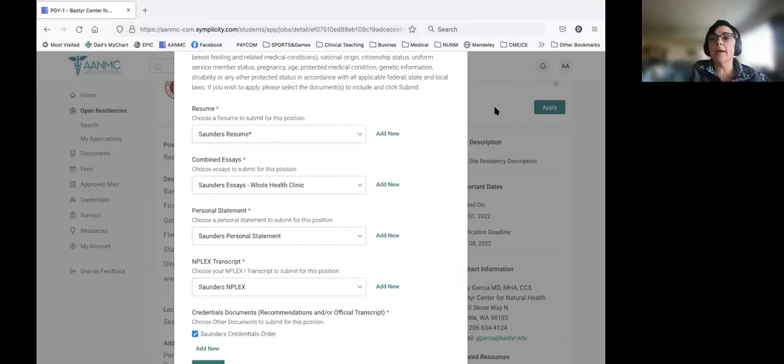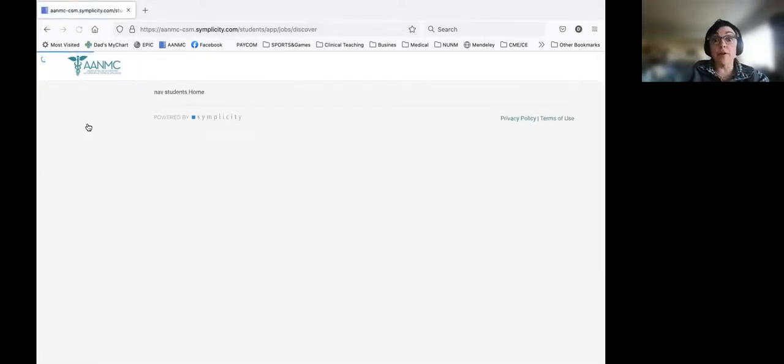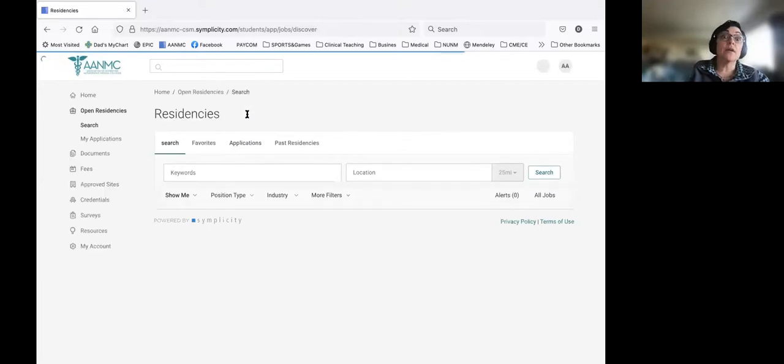I would be able to come up and see that opportunity. If I had just applied in real time for you, I would see it here under applications, all the places that I've already applied. And just continue working through and applying to as many as you may see that might be an opportunity for you, and then do your final interviewing when and if you get that